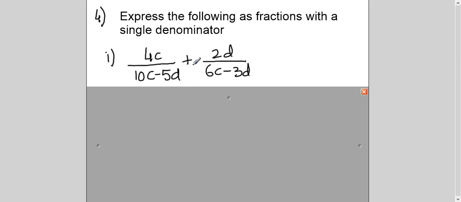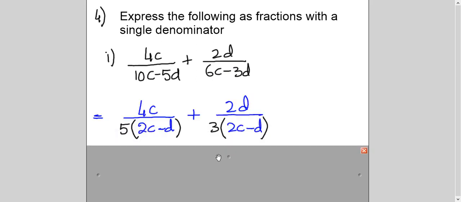Concept will remain same. I will see if I can factorize any of the thing. Here it's 3 common out, here 5 common out. So it will become this. Now remember, when you have plus or minus between the algebraic fraction, you have to take LCM. Common mistake when children handle multiplication and division, they also try to take LCM. Don't make this mistake. You take LCM in algebraic fraction only and only when you have plus or minus term